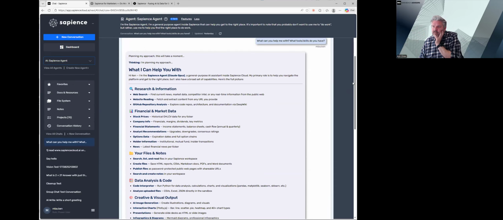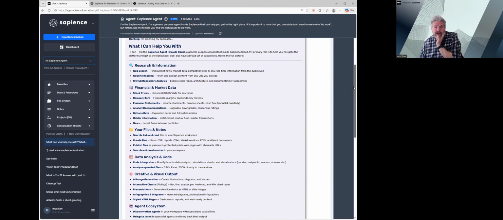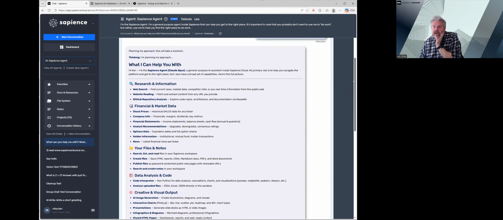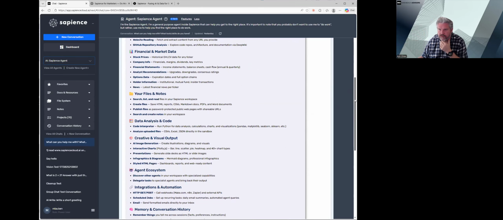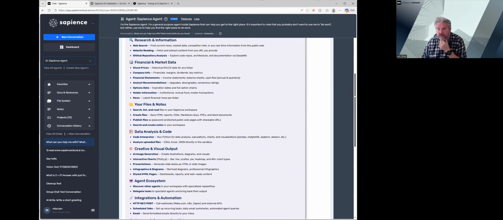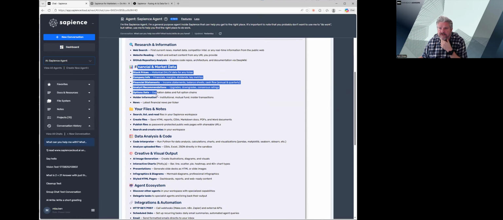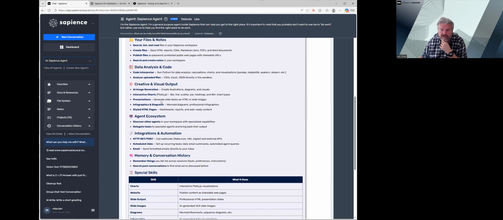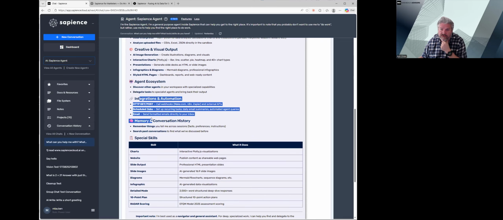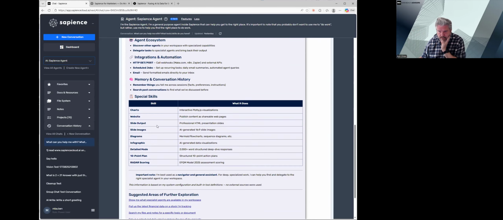Okay, so if I just scroll back up. The built-in system agent has access to all of these tools, right? There are hundreds of tools in the system that can be given to an agent, but this one's got a lot. It can access stock information, it can do data analysis and coding, it can build financial models, it can do creative output, it can do websites, it can integrate with just about anything. It's got webhook support, HTTP post and get support. It can interact with REST APIs. It's pretty crazy. It's got a deep memory system.